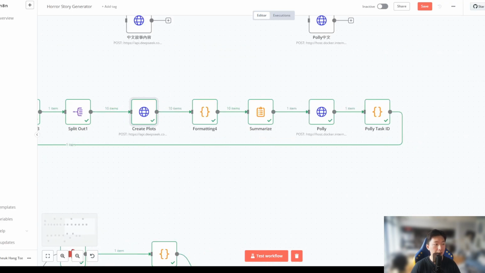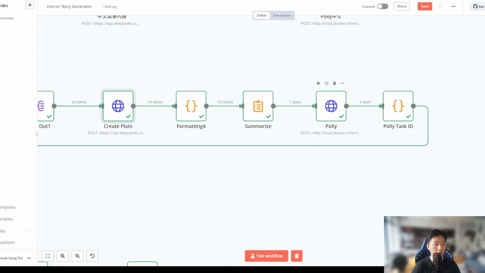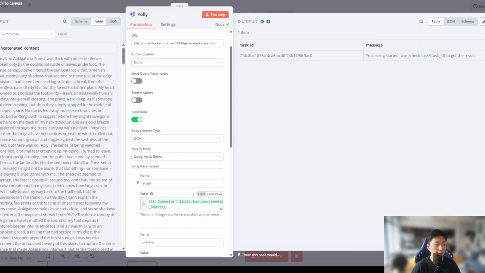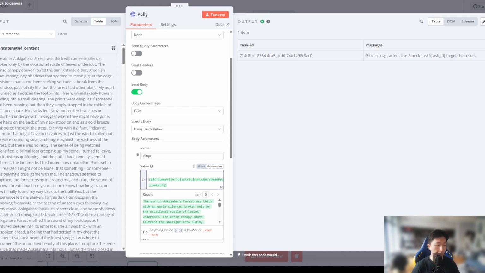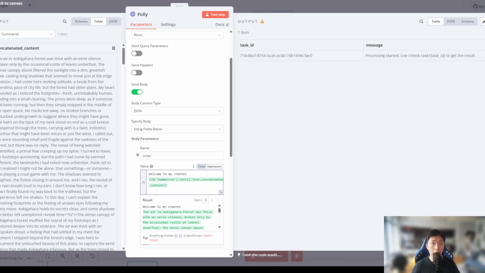And then for the very last part, you can go to Polly and open it up. Like I said in the previous videos, for the script in here, this is what the AI will use for the voiceover. So actually you can put anything that you want in here. If you want a standard introduction, you can say, welcome to my channel, and so on. Or at the end, you can say, this is the end of our horror story videos, so please subscribe. You can do such things to customize your videos.